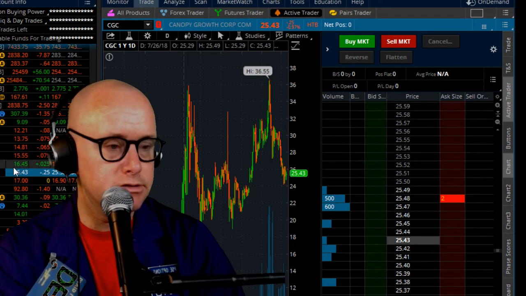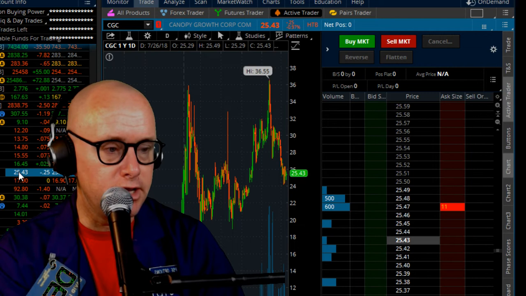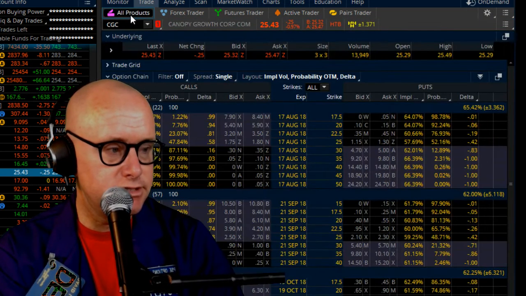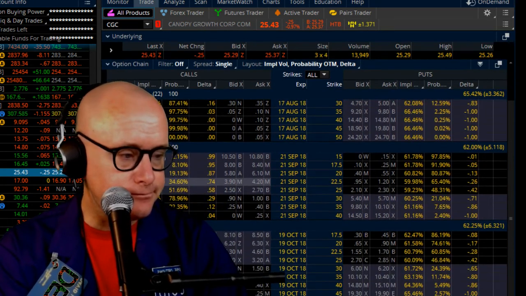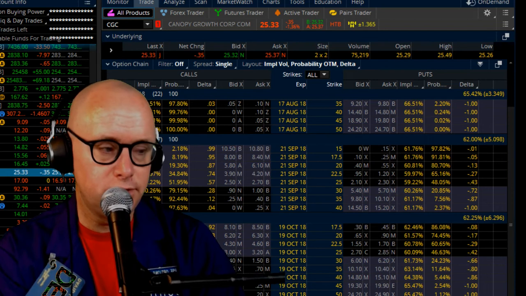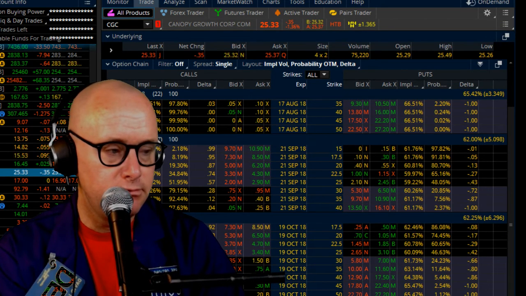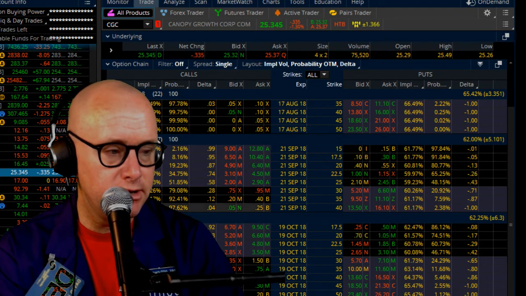I'm looking at call spreads. I'm looking at cheap ways to get a long delta here. So CGC, look out here too. If you just want to take a little shot but don't want to spend a whole bunch of money, maybe you get in here and you buy an October